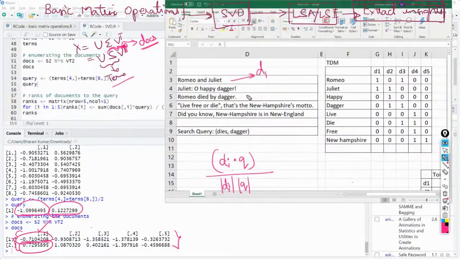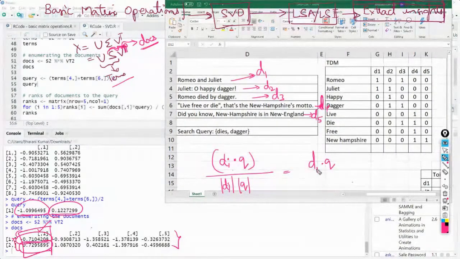Document 1, this is d1. This is going to be d2. This is d3, d4, and d5. Okay. First do it with d1. So d1 into q.